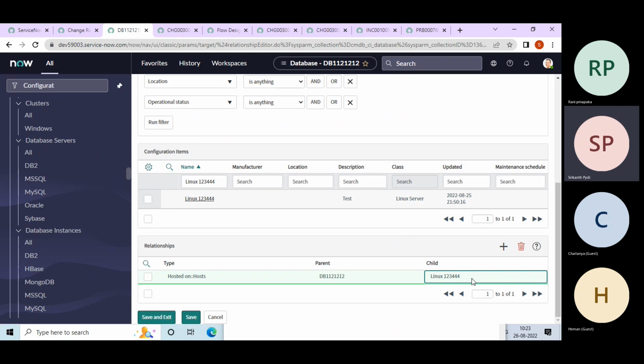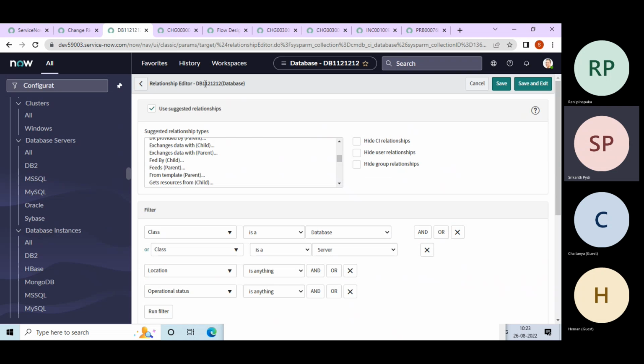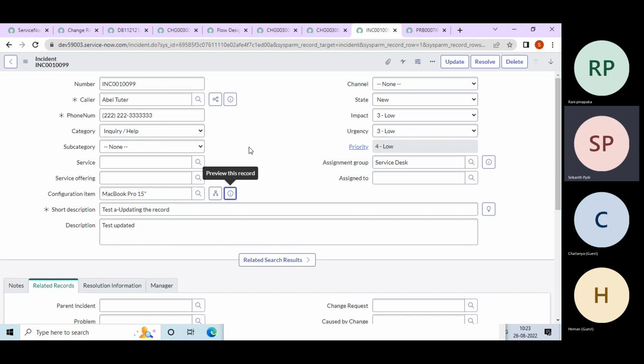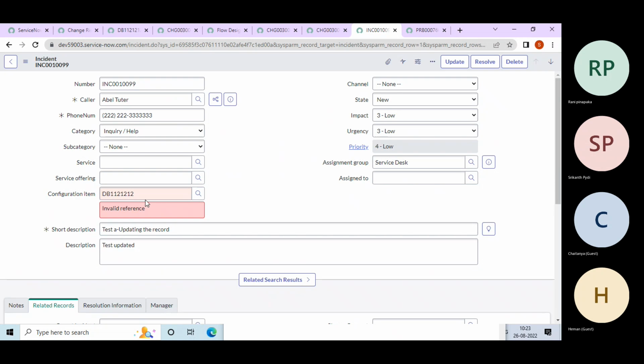Now you come down to this particular child, the DB2 server, for example. Tomorrow you are trying to make a change on this DB2 server. Now go to incident. Probably you are trying to connect to a DB2 server and the DB2 server is not working. You select that DB2 server here. If I select a DB2 server here,